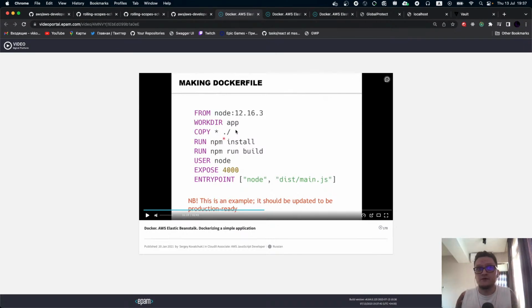We run our builds to create this directory with built files. Then we expose our Docker to port 4000, and we use entry point node main.js. So that's actually like half of your homework here.